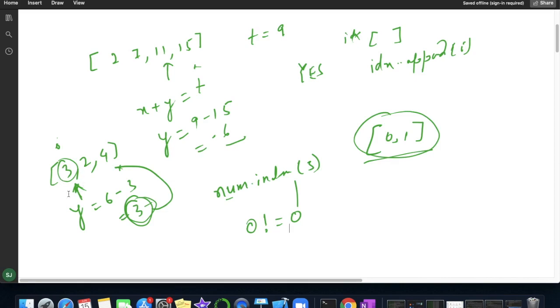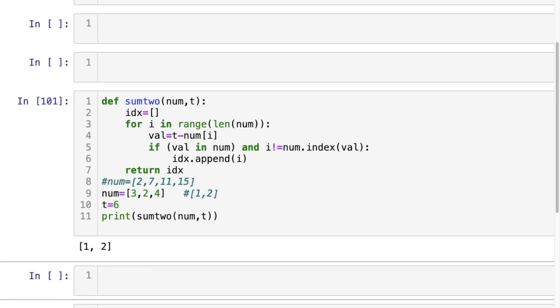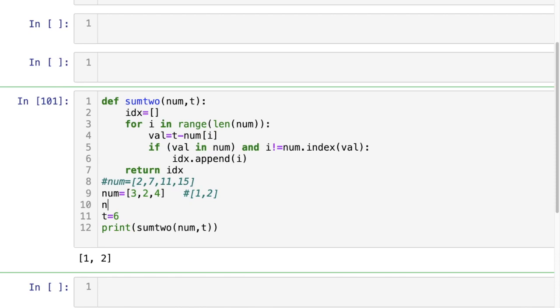It will simply move forward. So this will work. Let us execute and see. You can see it is working fine: if the value which we got is the same value, then it will simply bypass that one.